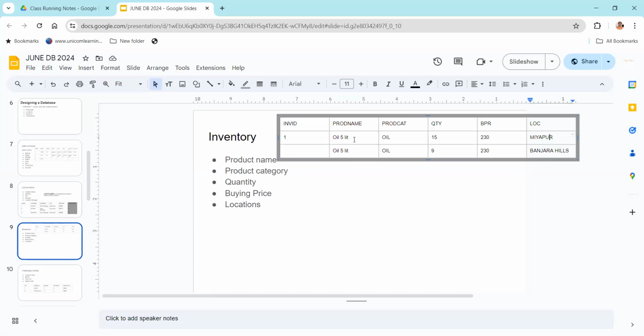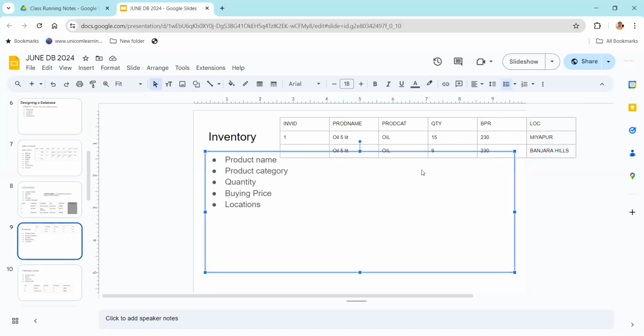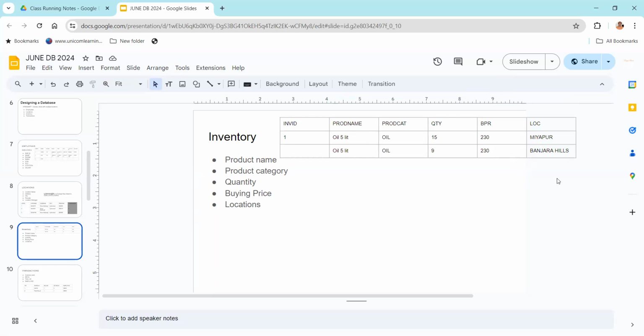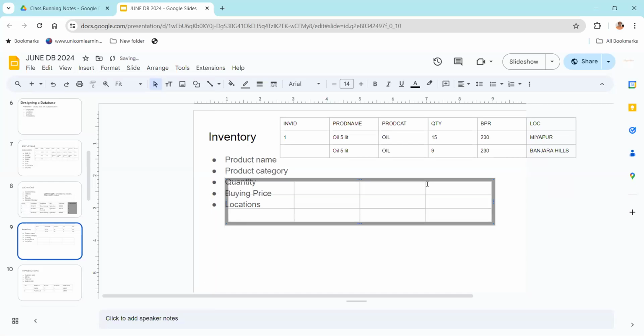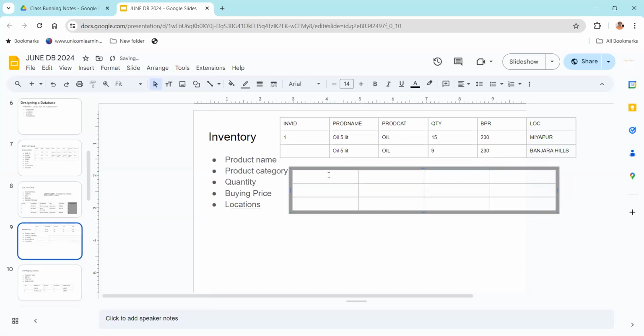So if we have to implement this, we have to create a total of 3 tables, remember? We already have a table for location, so we don't have to create that. We have to create 2 more: one for inventory and one for the table which will join inventory and location together. So we end up creating an inventory table. We'll call this inventory. You will have inventory ID, prod name,